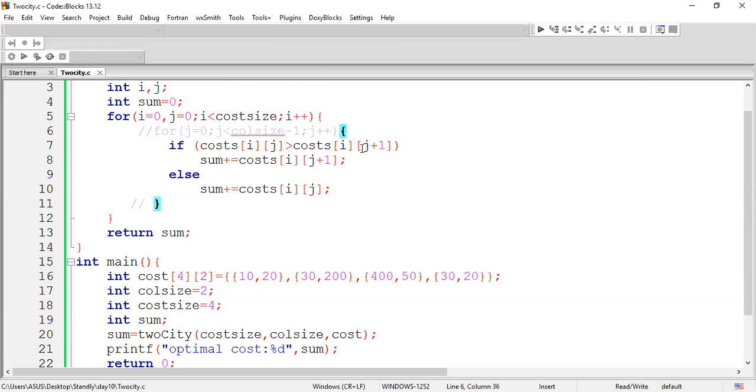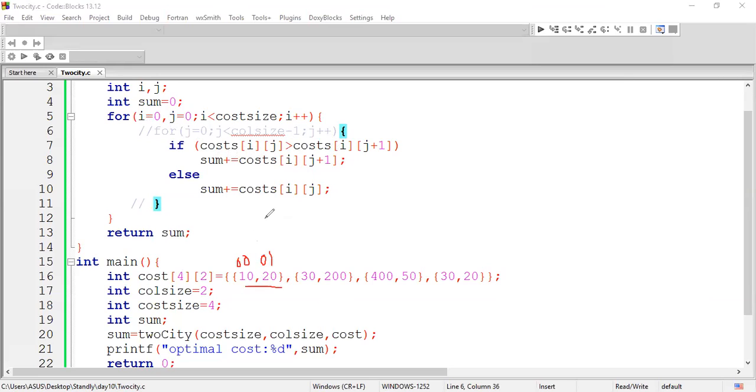This else part you want me to explain? Okay, I'll explain. Listen here. First, we are going to take this particular value, 10 and 20. So you take the I value here. First I value is 0, J value is 0. So the 0, 0 value will be taken, followed by the 0, 1 value. So what am I doing here?